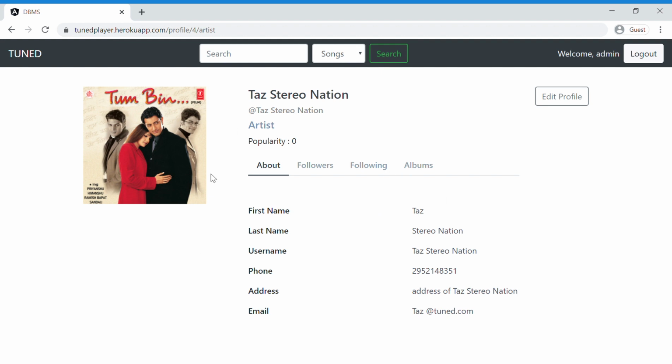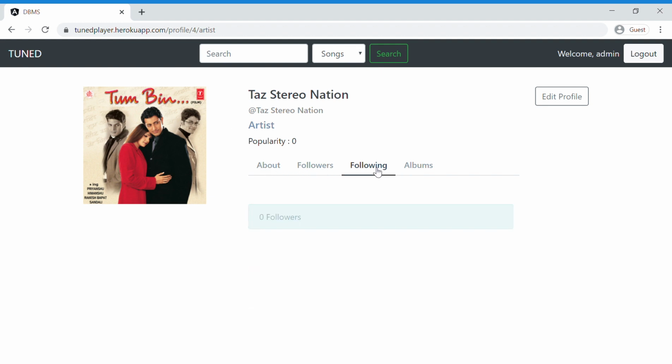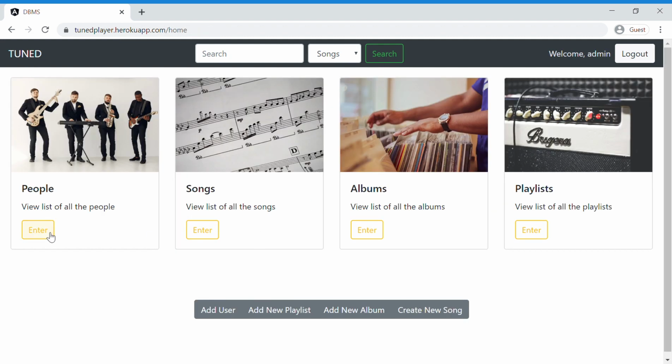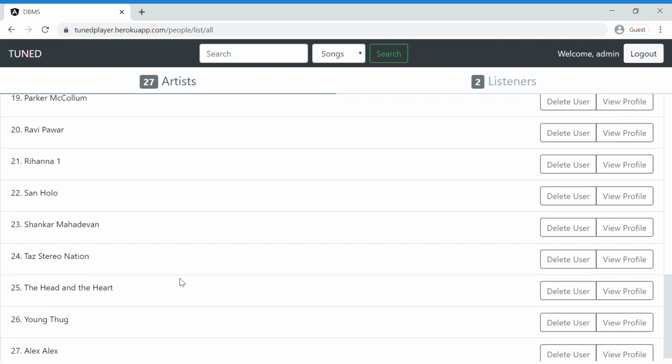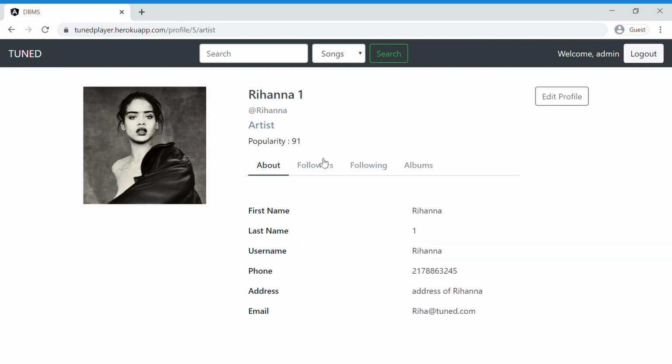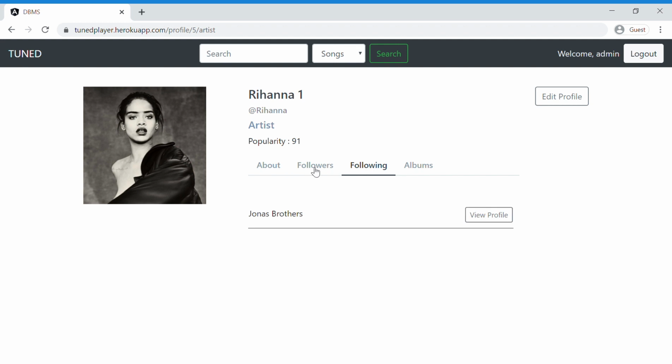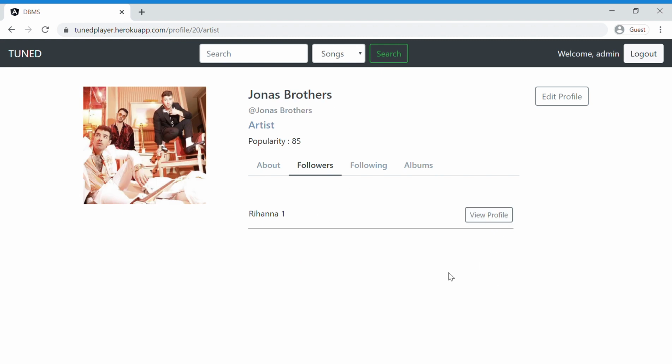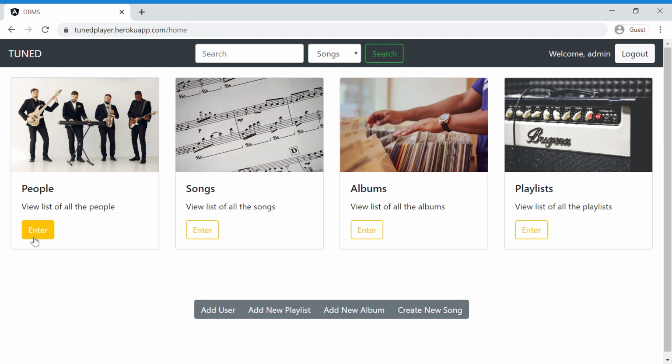I can view one more thing. I can view all the details of the user's albums, and the following and followers as well. So if I go back, I'll go to Rihanna. I can see the number of people she is following and she is followed by, and I can see the albums, and from here again I can go to this person's profile. Now if I come back,